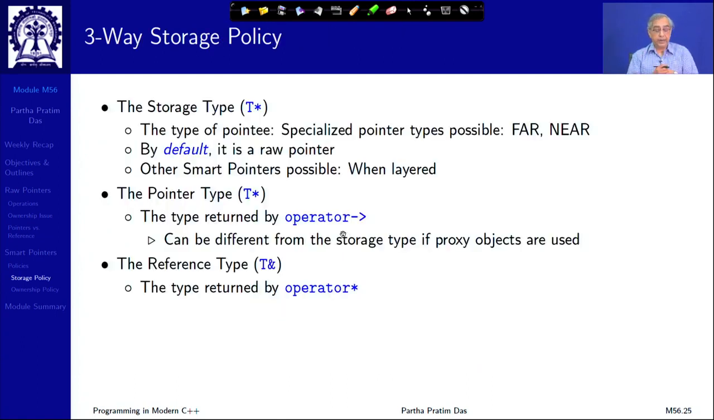It is very simple that you have to define for a smart pointer. There are 3 storage policy requirements. One is, what is the storage type? What is the type of pointer that you are actually storing? It could be a far pointer, near pointer, layered pointer. Layered pointer means a smart pointer which is pointing to another smart pointer, right? It could be layered. What is the type of the pointee? The object that you are dealing with, that is the T star, and